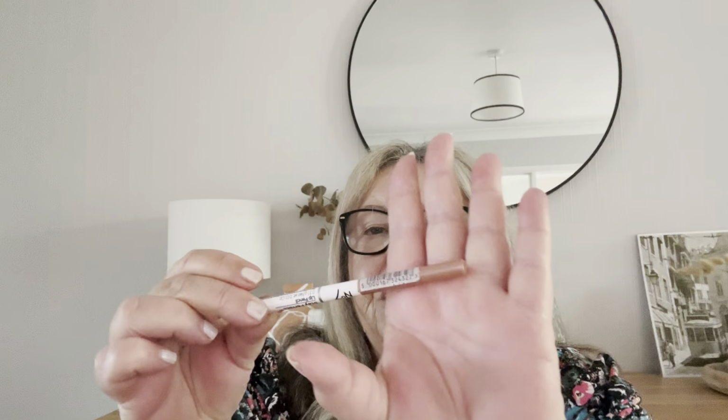We weren't doing favourites, but there you go. Okay, so next makeup item. This is a Boots No7 Stay Perfect lip pencil. It's the retractable one. Absolutely nothing coming out of that. I'm not sure what the shade is on that, but I think it's the only kind of nudie coloured one that they do. I probably would repurchase it, but I don't find it stays on for very long,